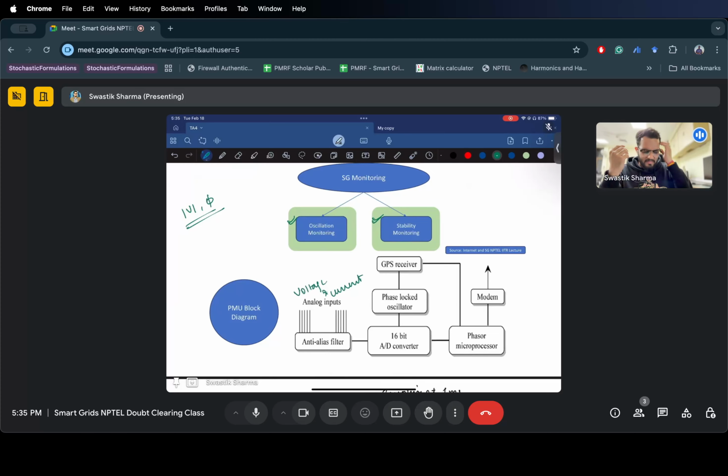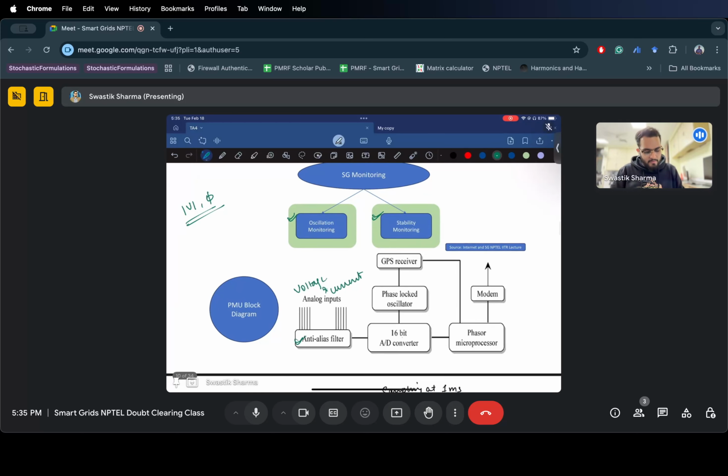Because if your sampling frequency is not up to the mark, a high frequency component can creep in, and you want to reject it. For that, the anti-alias filter is used, which then sends it to an A to D converter, which converts the analog to a digital signal, which then phase locks it to the reference signal, which is your GPS, or this time reference, which is a cosine wave,